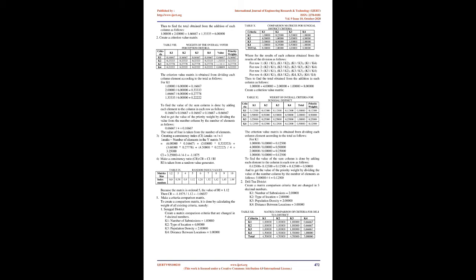8. Checking the consistency of the hierarchy. What is measured is the consistency ratio by looking at the consistency index. If the value of the consistency ratio is above 0.1, then the assessment of judgment data must be improved. Repeat steps 3, 4 and 5 for all levels of the hierarchy. If the consistency ratio is below 0.1, the pairwise comparison value on the given criteria matrix is consistent.